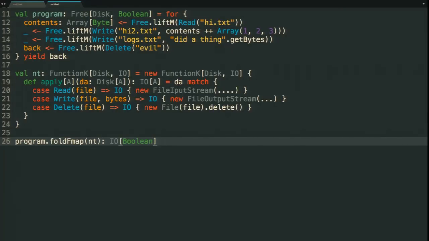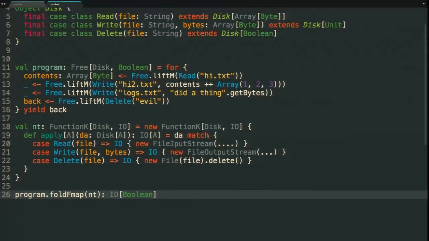Yes? Just one quick question. The free lift calls inside of your program, is there any syntactic sugar for abstracting away the free lift repetitive madness stuff? Yes. So